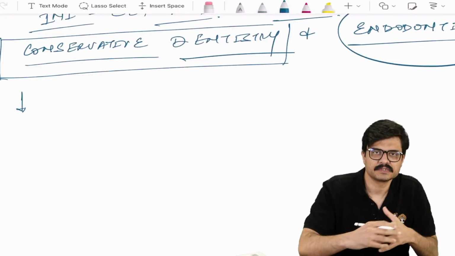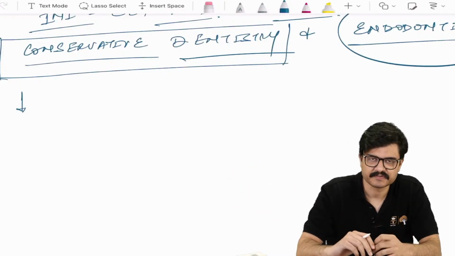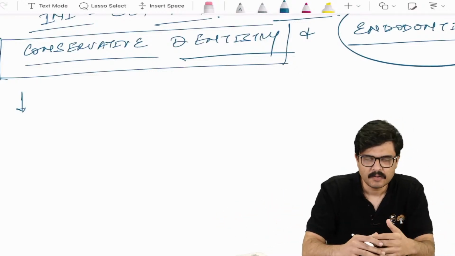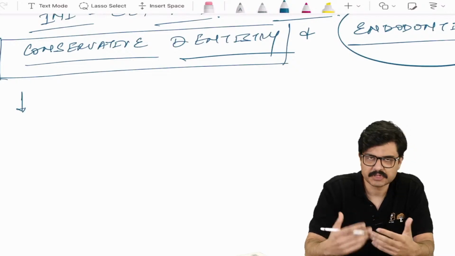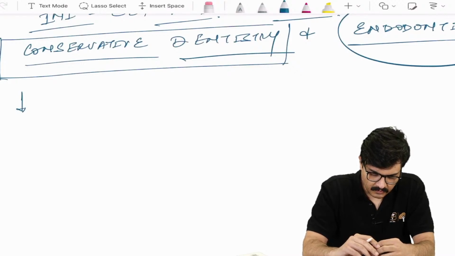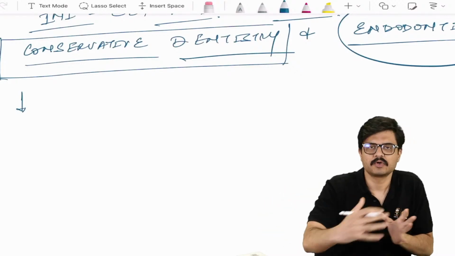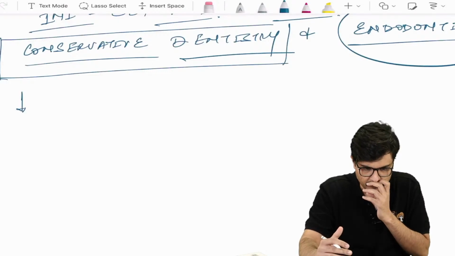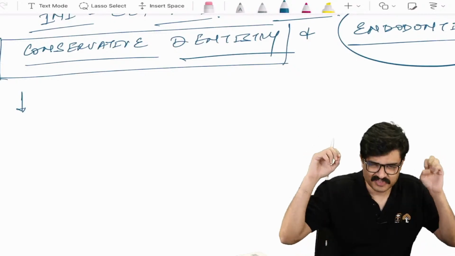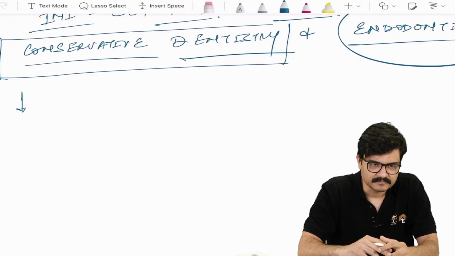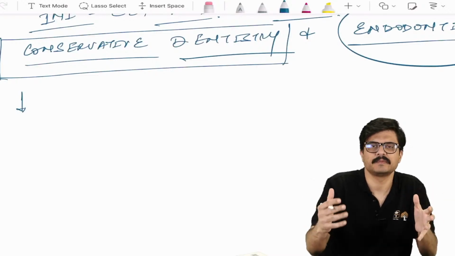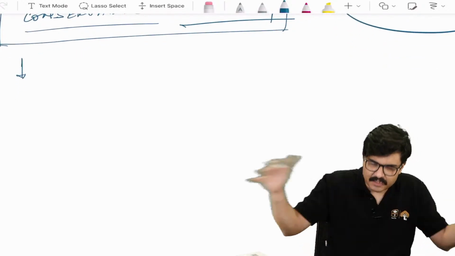If you see the original Sturdivant, there are extensive discussions ranging from conventional preps, amalgam, direct filling gold, cast metal inlay, onlay, and going on to the recent materials like composite and GIC preps. So the syllabus is huge, even in cons, which is obviously not a good thing. But the good thing is that the examiner is not really delving deep into this aspect, and from the examination perspective, they've divided this entire topic of cons.